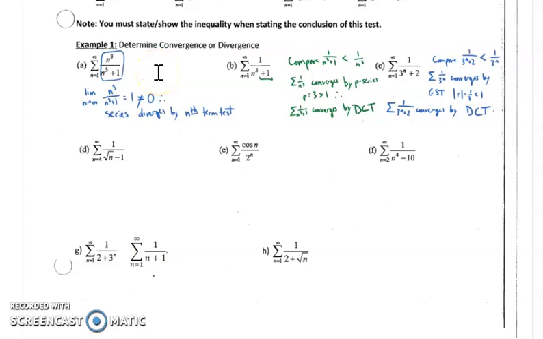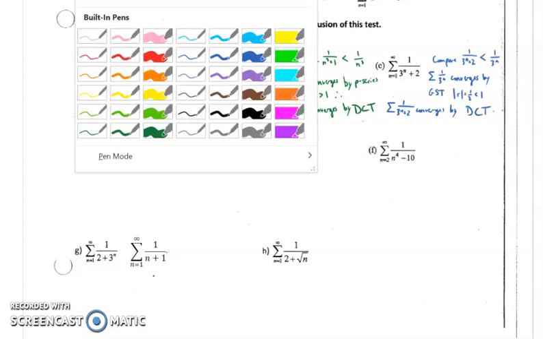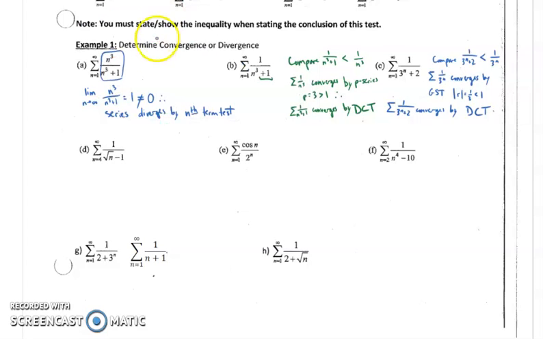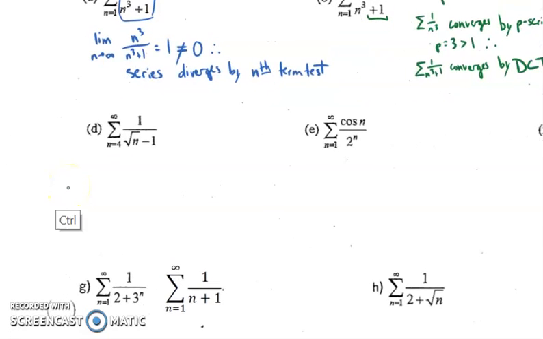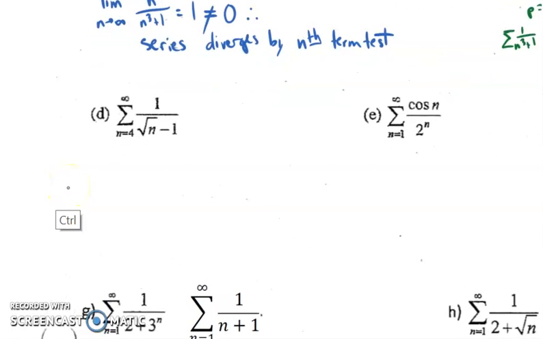More examples with the direct comparison test. Remember, we have to compare the given series to a series that we're familiar with, right? So just like with the other ones, we see this +1 or this +2, maybe a -1. Those are the things we want to kind of ignore and create a series based on what happens when you ignore this. So we're going to compare